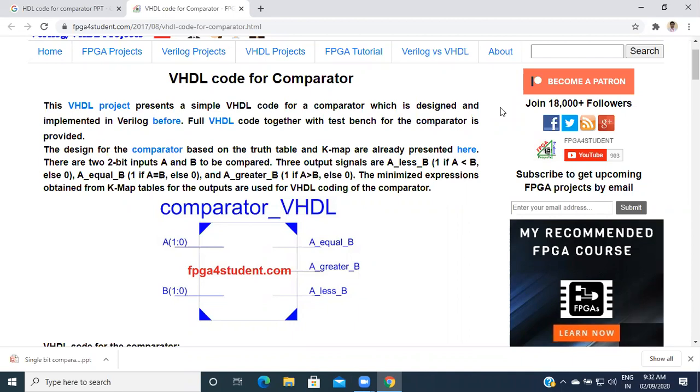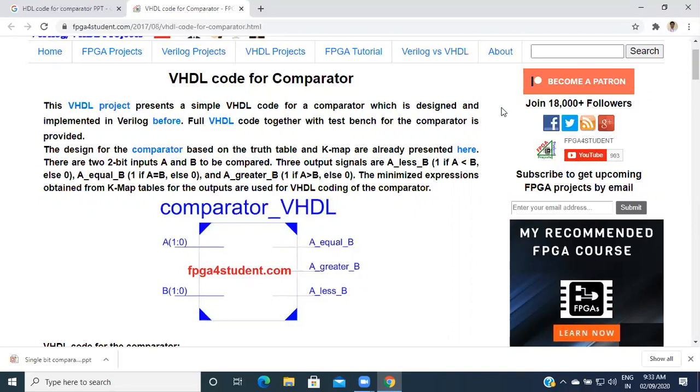Good morning. Today I am going to deliver a lecture on the hardware description language. In that, the points we will cover are the VHDL code for the comparator. But before that, we have to recall what we studied in the previous lecture. In the previous lecture, we studied multiplexer, demultiplexer, encoder and decoder. So in this lecture, we will start the next topic, which is the VHDL comparator.